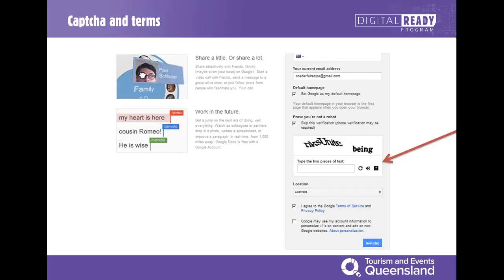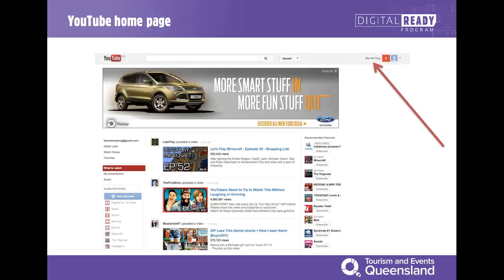So just be very, very aware of their rules and guidelines, okay? And you should do that with any social media account, not just YouTube and Google. Okay, so once you've signed in, you'll come up with this home page. And it most likely will be at the stage you're still logged in as your personal account, okay?